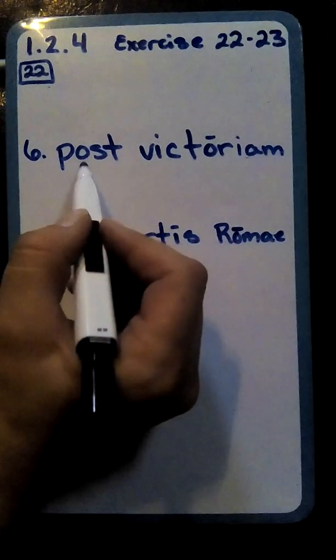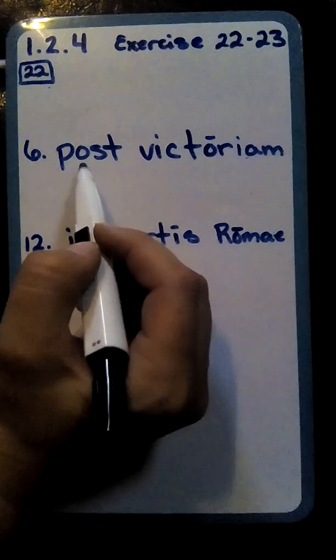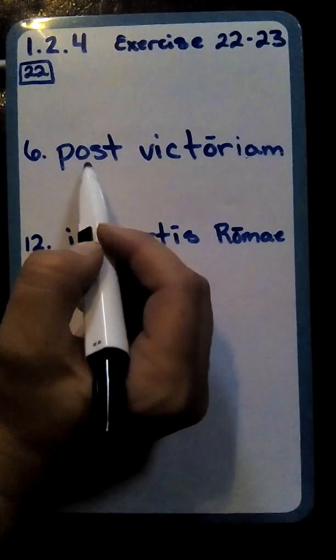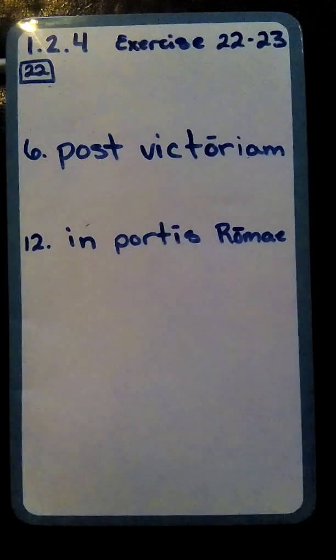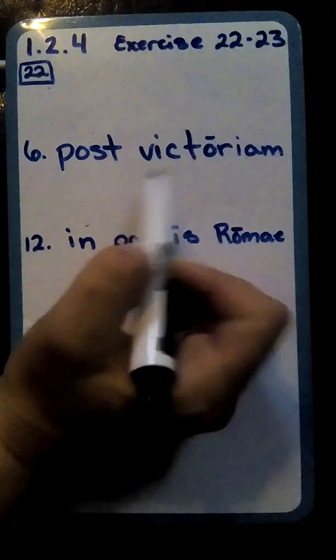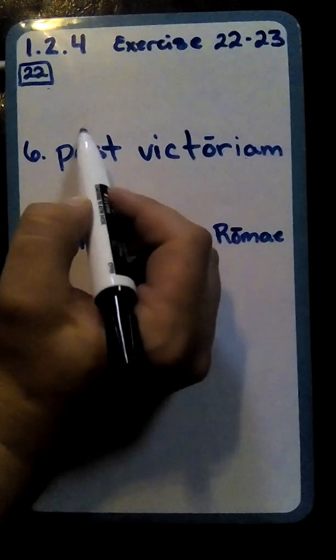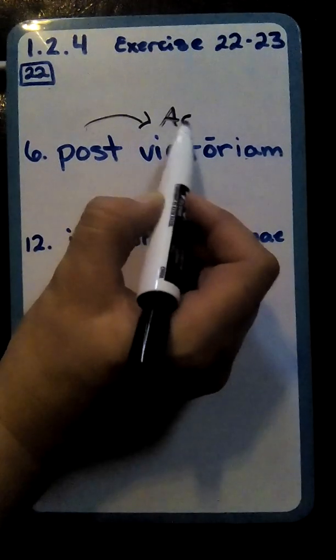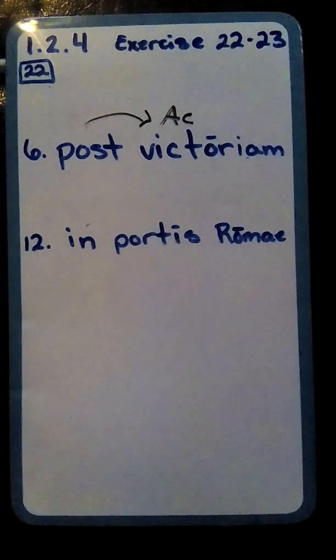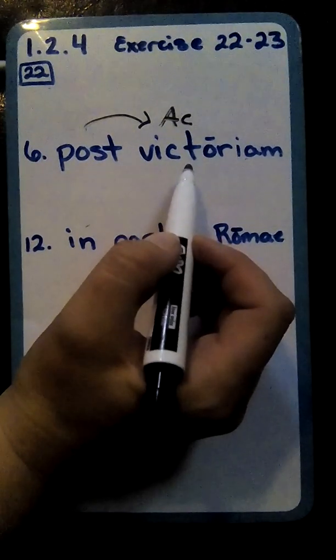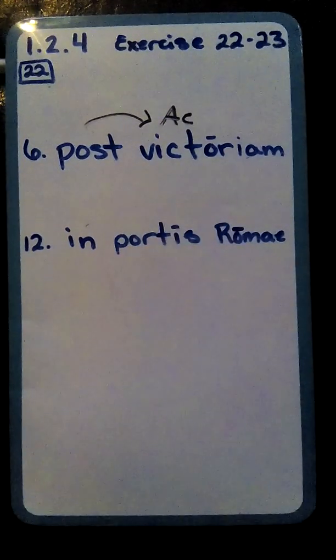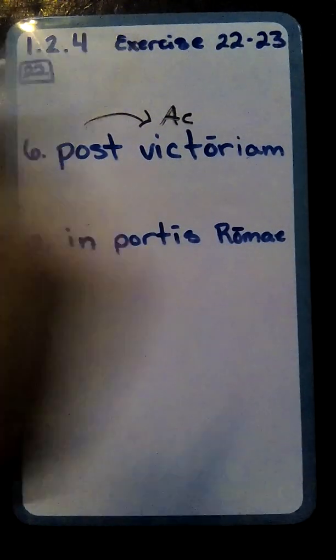So, post is one of our new words. It's our prepositional word, and what we know about post is that it alters the next word, the object of the preposition. So it's going to make the object accusative. And what do we know about this next word, victoriam? Well, it comes from the word victoria, victoriae, which tells us it is in the first declension, the I, and we're going to look for this